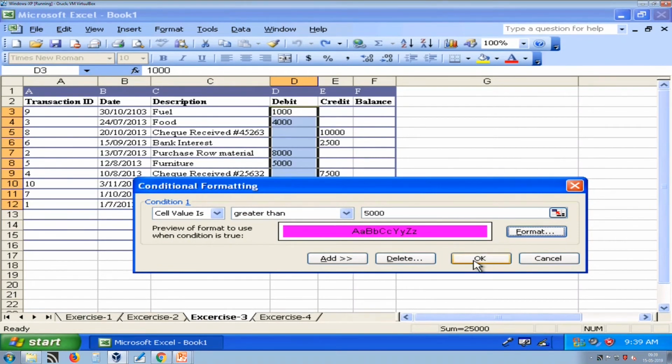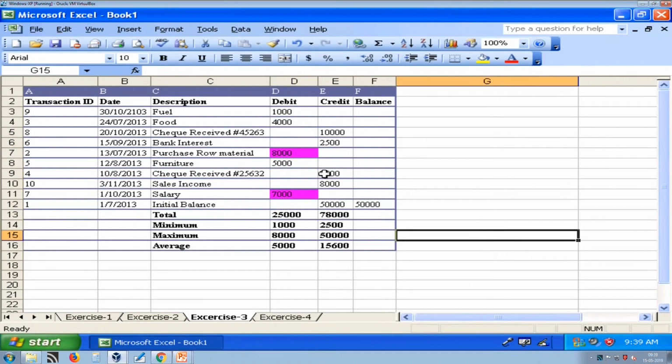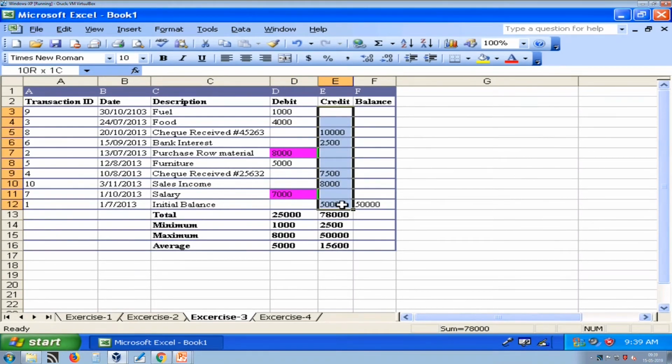So, here I then press OK. So, here there are two expenses which are greater than 5,000, which are automatically highlighted by Excel depending on our criteria. Now, same way we can highlight income which is greater than 10,000.